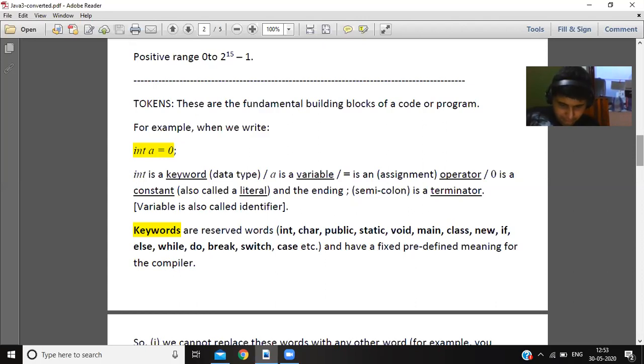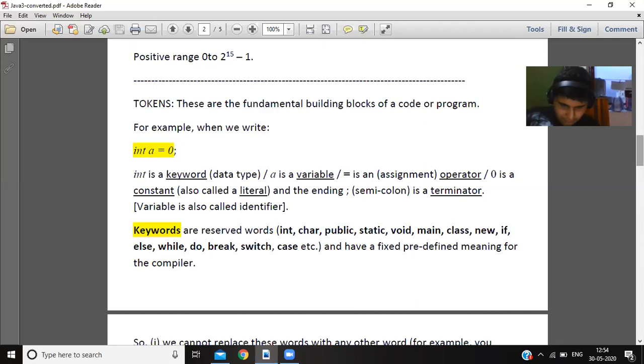That's what we were saying. Variable, another name identifier. Constant, another name literal. Constant is also called literal, and variable is also called identifier. So each of these is a token. Int is a token, it's a keyword.